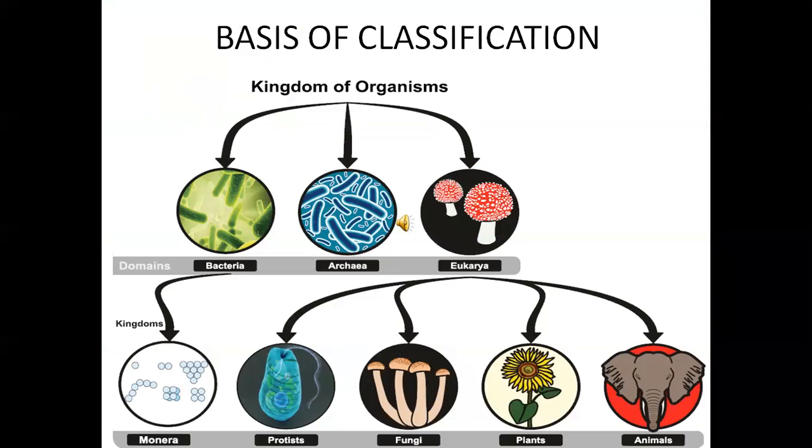Basis of classification. From this lesson, the learning objectives are the need for dichotomous classification, classifying animals according to their characteristic features, classification of animals and knowledge about invertebrates and vertebrates, knowledge about the classification of plants, the 5 kingdom classification, and lastly the binomial nomenclature. Let's see one by one.